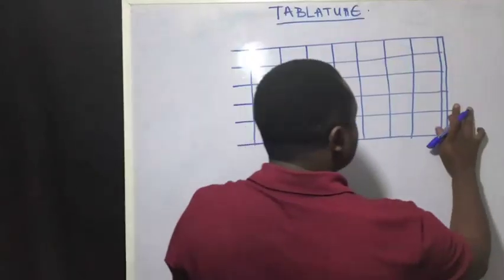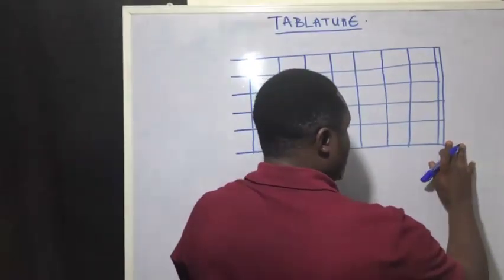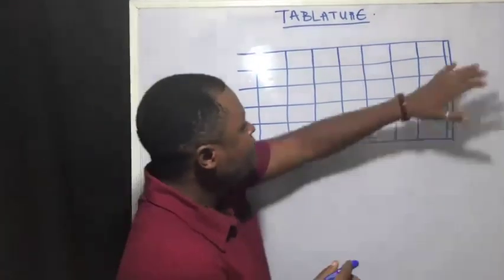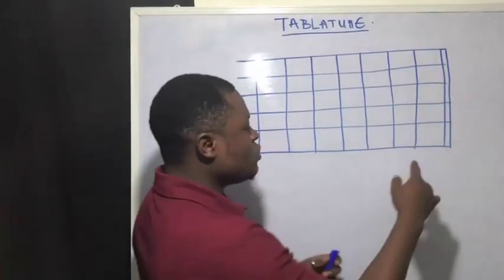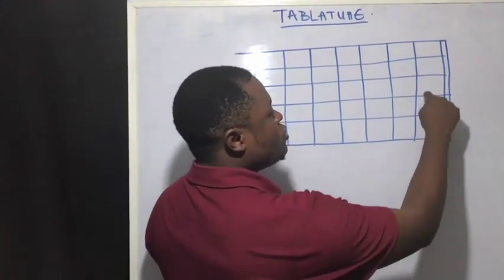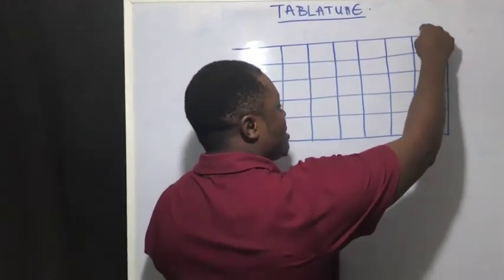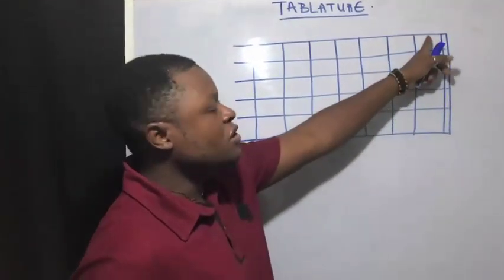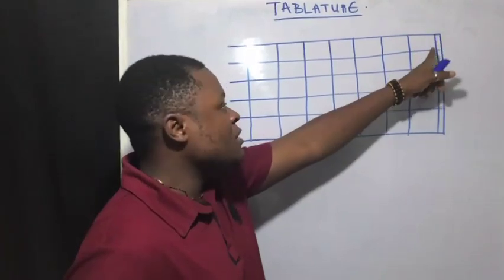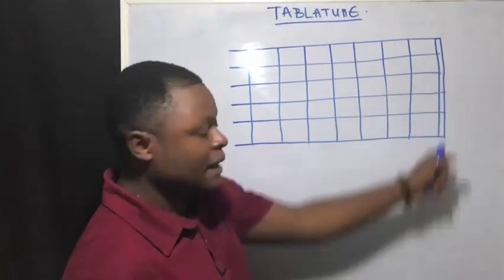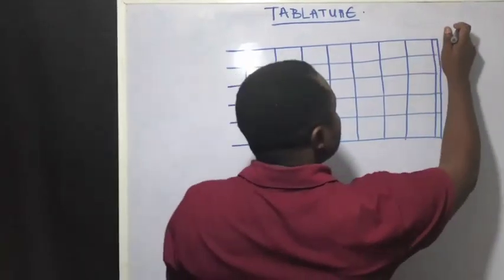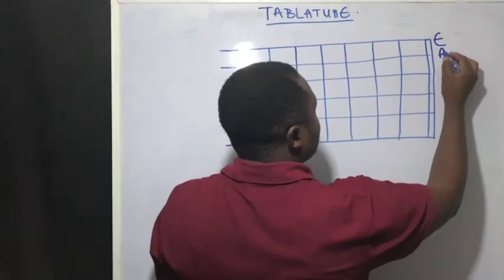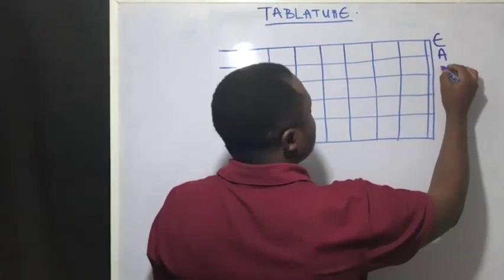So there's something we call tuning. When we are talking about tuning, that means the particular notes that should be on each string. Now, this is a standard guitar. This one represents your string 1, string 2, string 3, string 4, string 5, and string 6. When you are tuning your guitar, there is a particular note that should be on string 6, a particular note that should be on string 5, and like that. So on your string 6, you are going to have E, A, D,